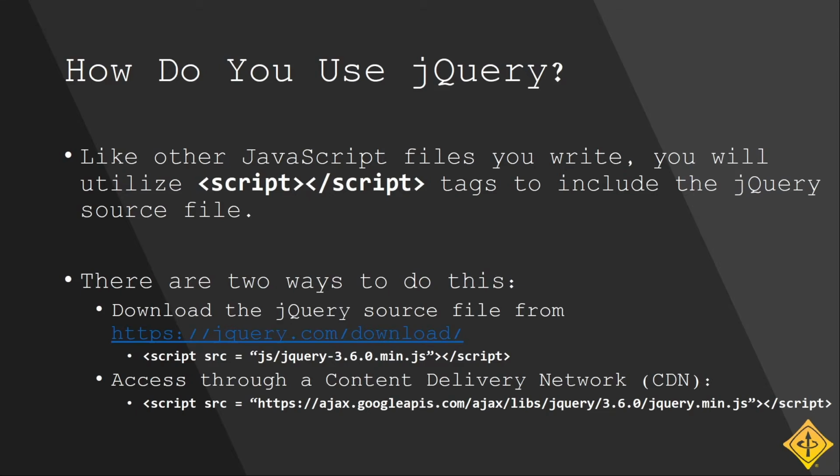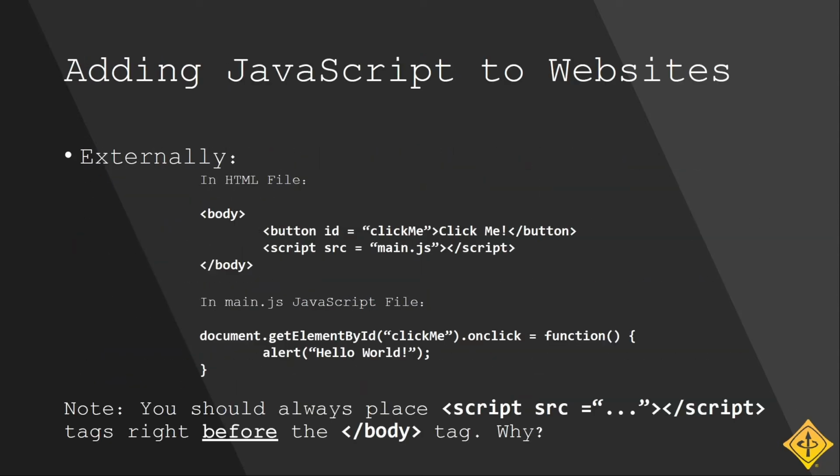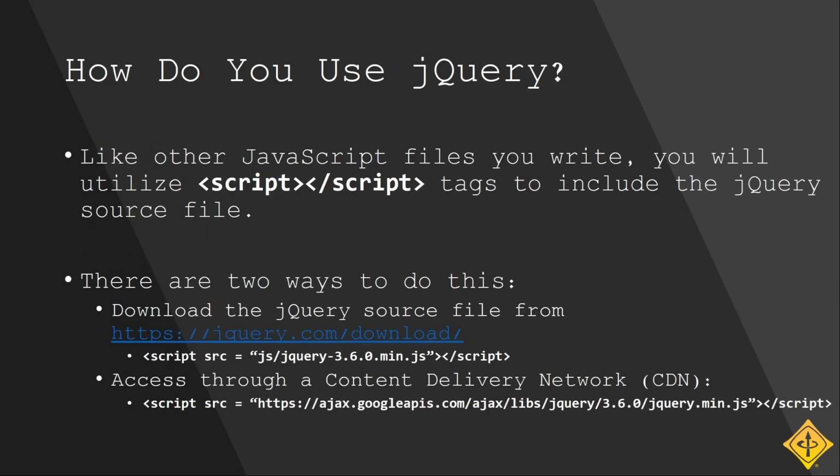So how do you use jQuery? Like any other JavaScript files that you might write, so we go back to, was it here? Yes. So here, when we link a JavaScript file at the end using the script source tag, we named our file main.js for this slide, but for linking jQuery, you would just link the actual jQuery file. So you would download the jQuery file, and there's two ways. You can either download the jQuery file, which is recommended, or you can access it through a content delivery network,